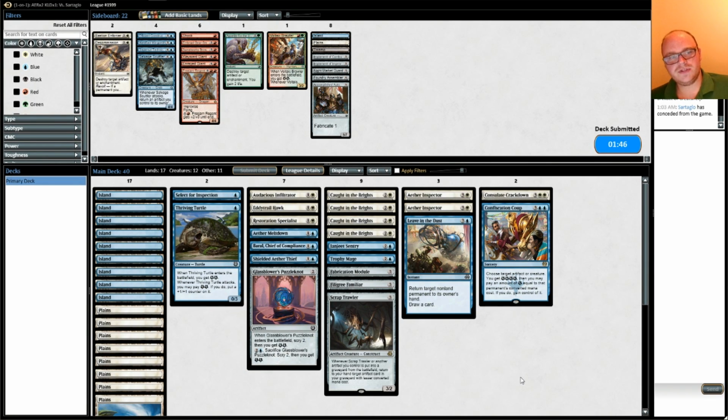I mean, the good news is that energy is synergistic with itself already. We can keep snowballing with a Thriving Turtle, or keep tapping things with a Janjit Sentry, or keep making servo tokens, or keep drawing cards off Shielded Aether Thief, even if we lose our Fabrication Module, which is obviously the dream scenario, but...